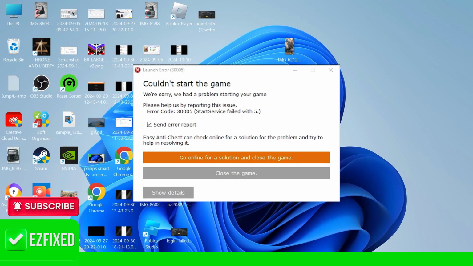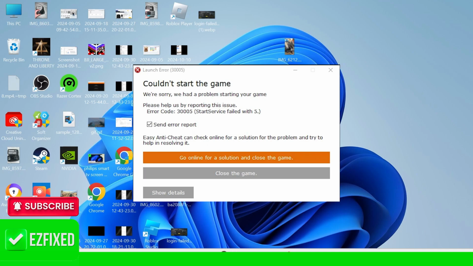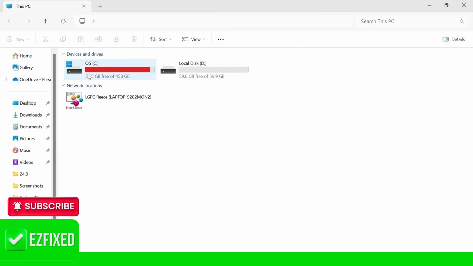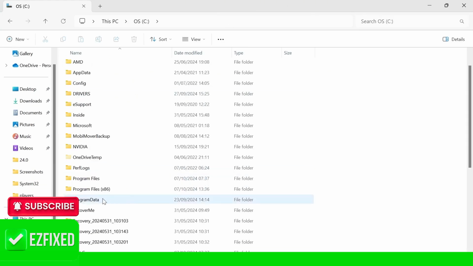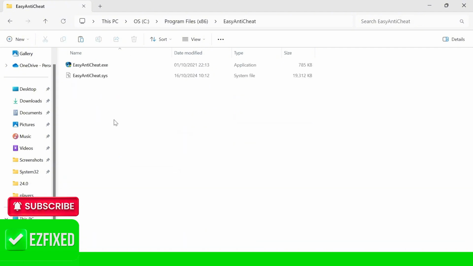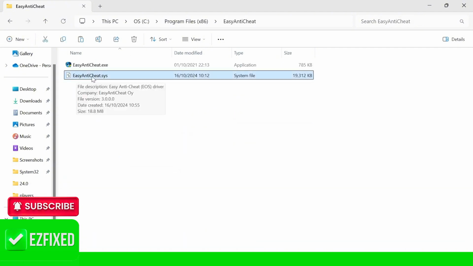The first method is by heading over to your File Explorer, and you need to locate the Easy Anti-Cheat folder. Now this is usually saved in your C drive inside of Program Files x86. Click on the Easy Anti-Cheat folder, and inside of here you'll find this file, easyanticheat.sys. So we're just going to delete this file by right-clicking, selecting the trash icon, and that's going to go